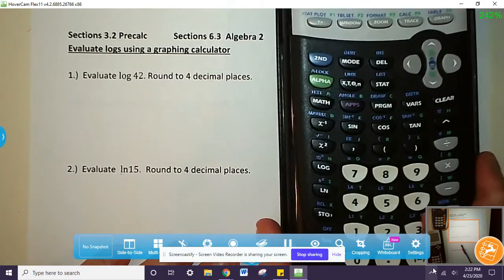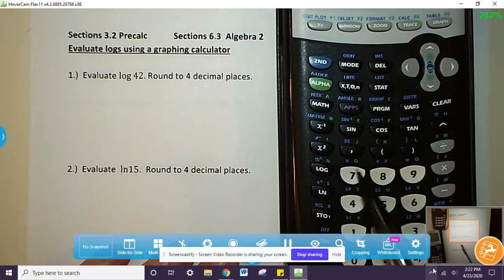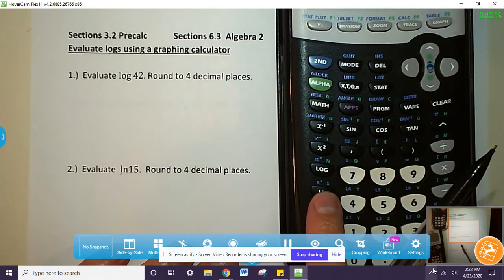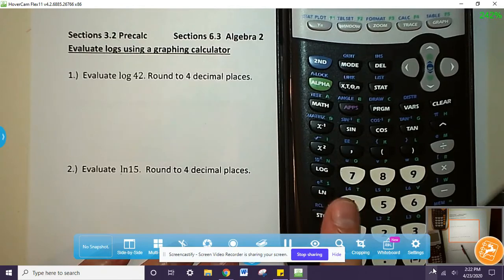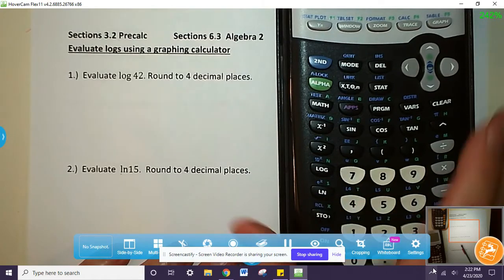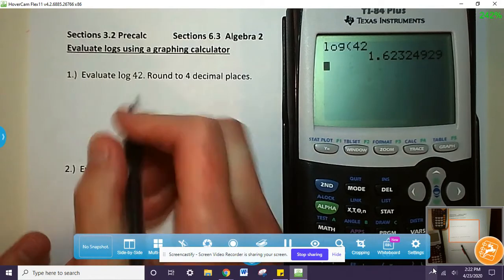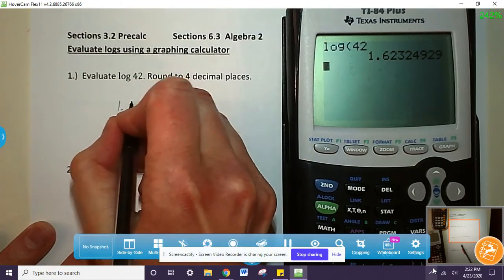Those two buttons are built into the calculator. If you look to the left of 7, you see log. That's specifically for log base 10, the common log. Next to the 4 is ln. That's specifically for natural log. Okay? So if you want to find the log of 42, you just hit log, the button next to the 7, and you put 42 and you hit enter. So the log of 42 is about